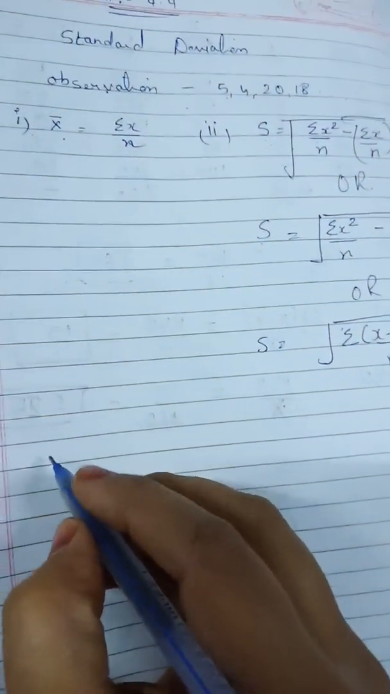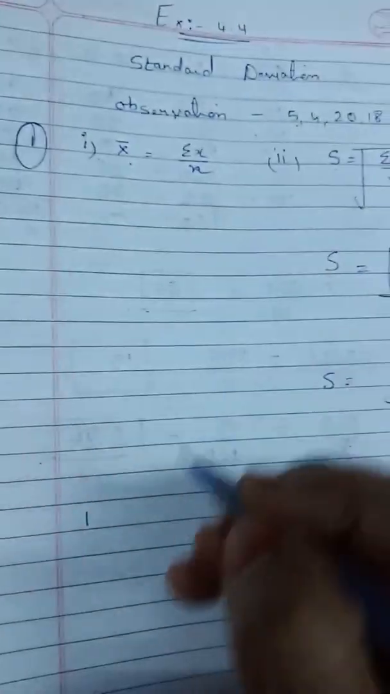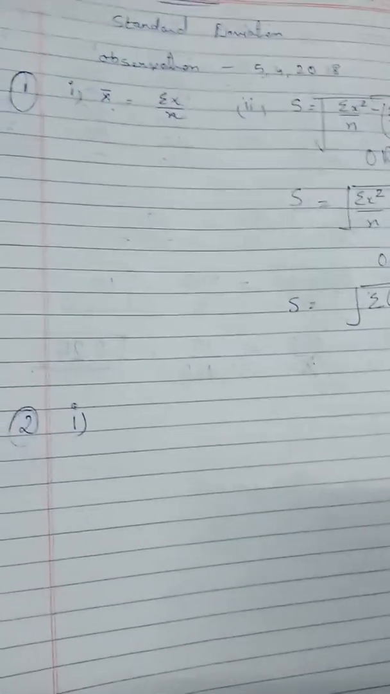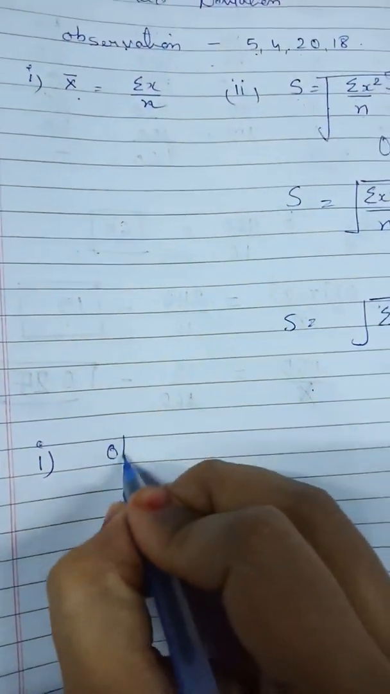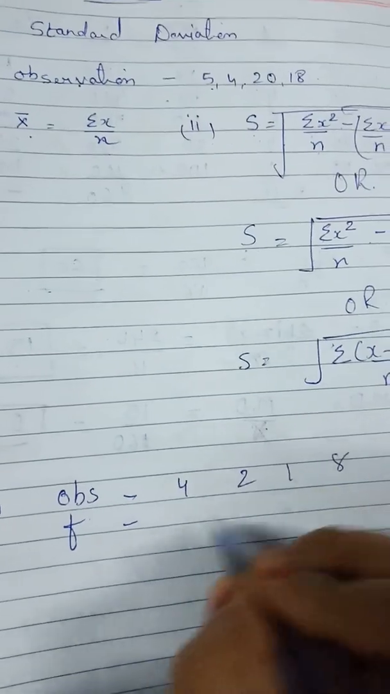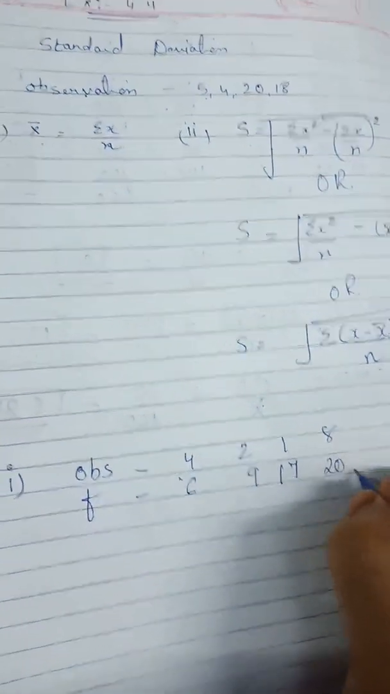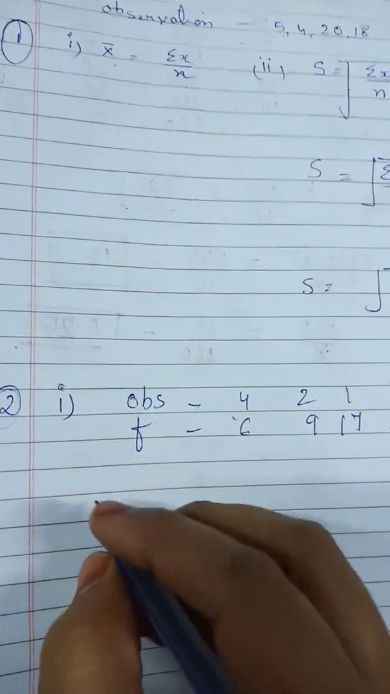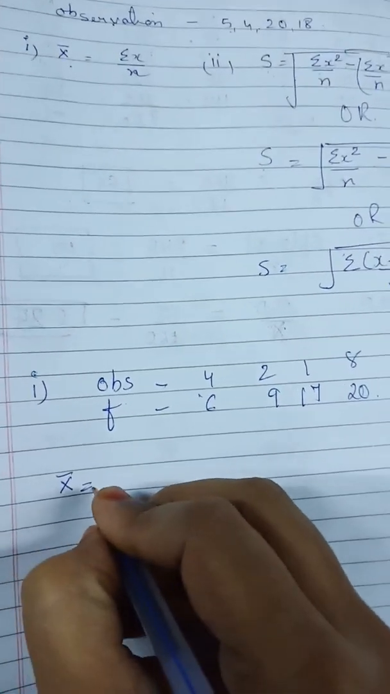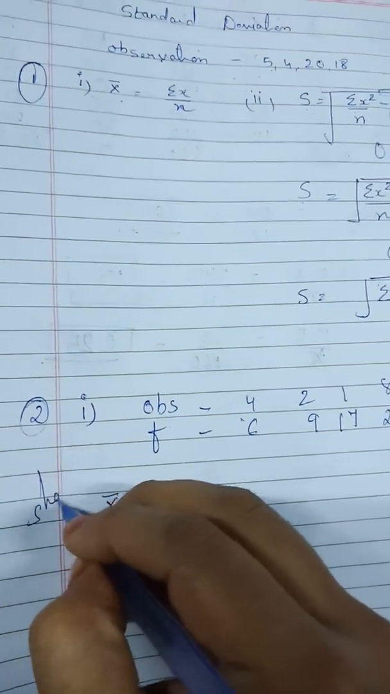Now when classes are there, this is the first, then the second, when continuous or discrete class. Discrete means with observation you are having the frequency, such as 4, 2, 1, 8. The frequencies are 6, 9, 17, 20, like this. So at that time, what will be the particular thing you have to find? We will be finding mean, but in mean we will not be using this formula. We will be finding it by shortcut